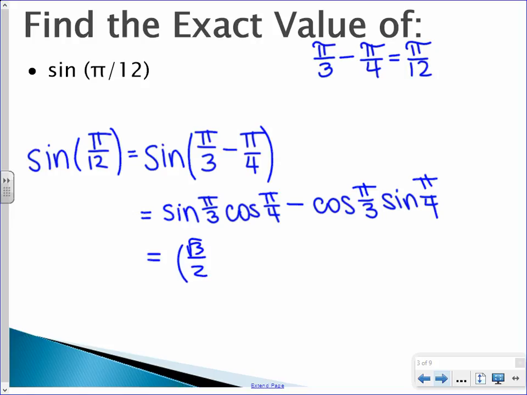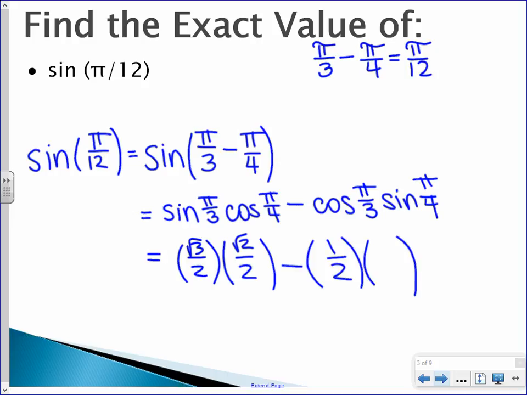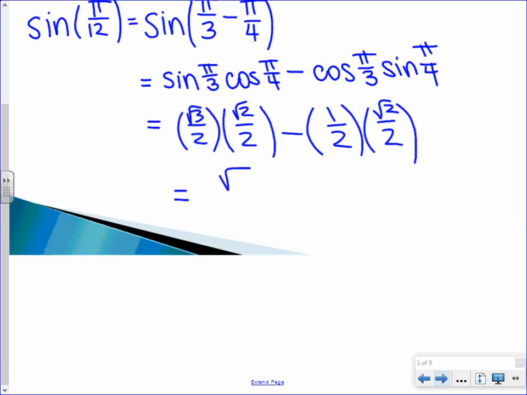Radical 3 over 2. The cosine of pi over 4. Jen, what is it? Good. Minus the cosine of pi over 3. Connor. Times the sine of pi over 4. So what we have is radical 6 over 4 minus radical 2 over 4, which you can leave like this,